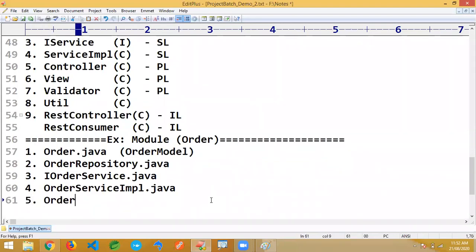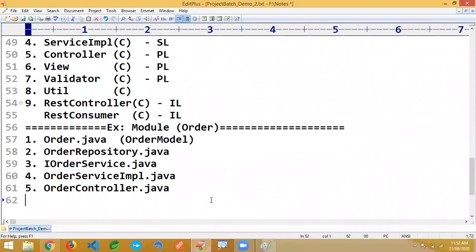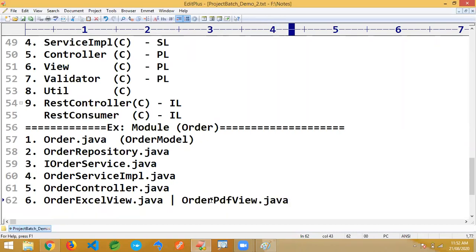Next one, OrderController.java. Next one, OrderExcelView.java, OrderPdfView.java.